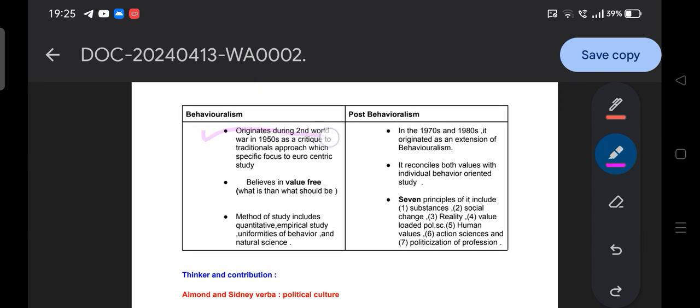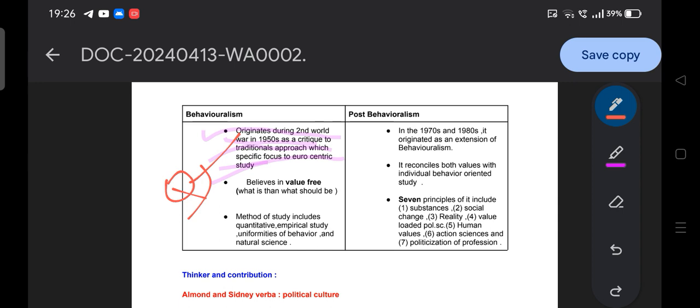Behavioralism basically originated after the Second World War, in the 1950s, as a critique to the traditional approach, which had a specific focus on Eurocentric study. Behavioralism originated against the traditional approach we already studied. And which year did it originate? It's the 1950s, the era at the end of the Second World War, when the decolonization process